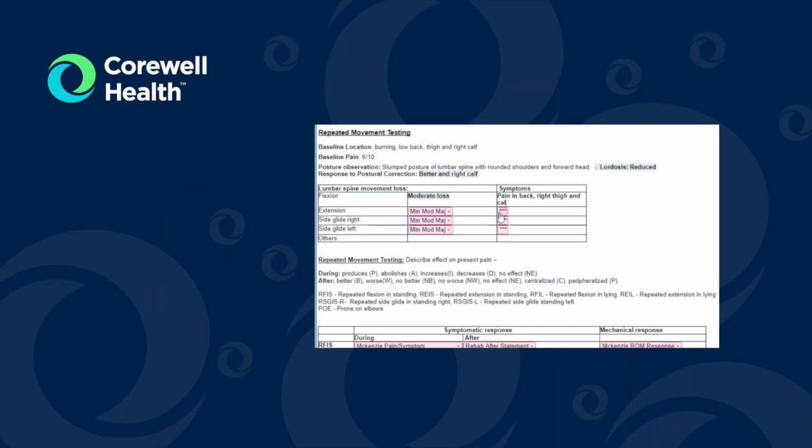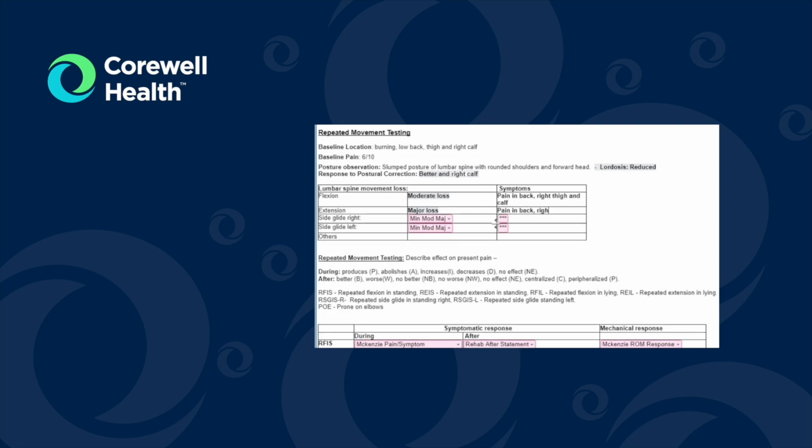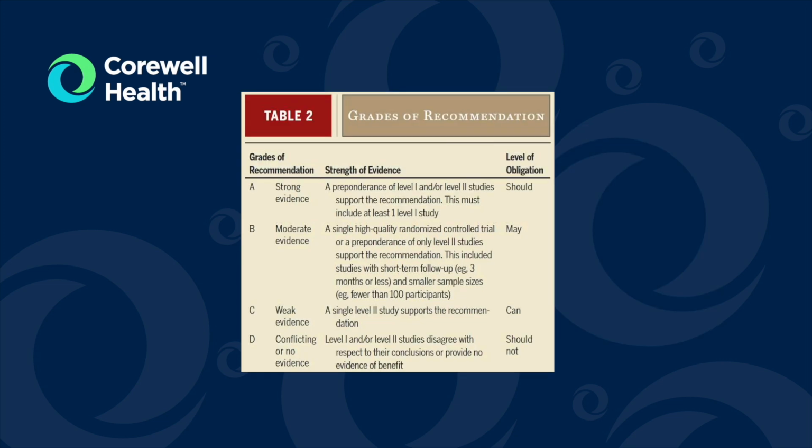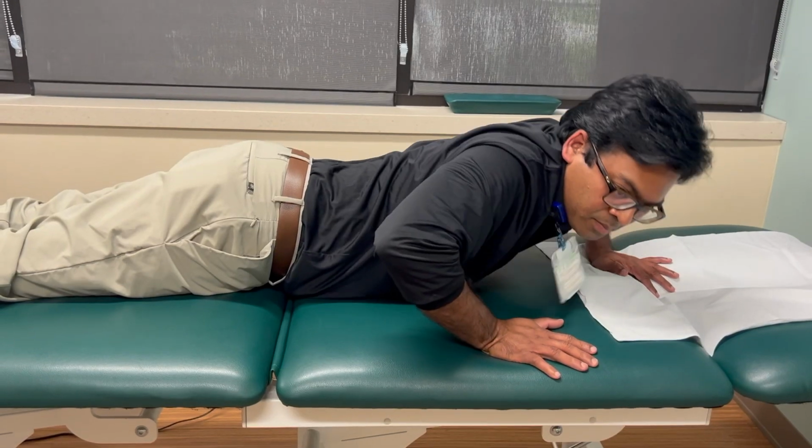The purpose of this video is to instruct physical therapists and physical therapy assistants who work with patients with low back pain on how to use the repeated movement testing SmartPhrases developed by the Low Back Pain Special Interest Group. According to the most recent clinical practice guidelines from the Journal of Orthopedic and Sports Physical Therapy, repeated movements with